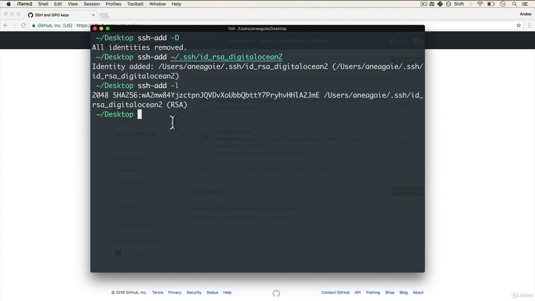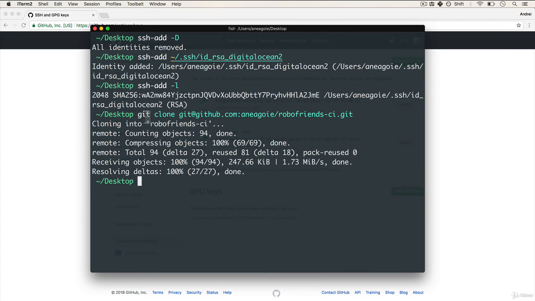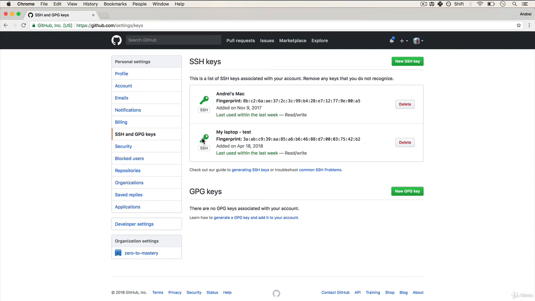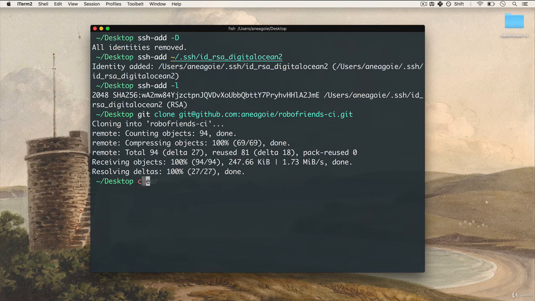And now if I git clone a little repo that I have, I'm able to clone it using SSH. And you can see over here that the key is now green, which means it's all working. Very cool. Okay, now to summarize everything,